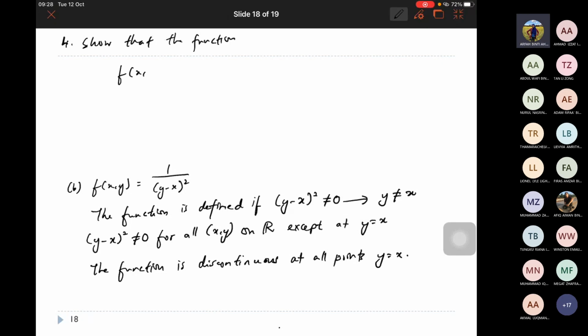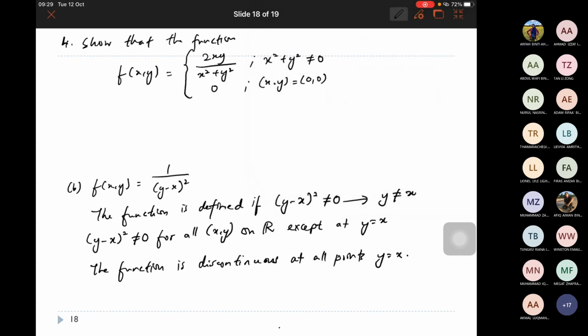So kita nak tunjukkan function f(x,y) sama dengan 2xy over x squared plus y squared, yang mana x squared plus y squared does not equal to 0, and f is 0 for x, y sama dengan 0, 0. Okay. It's not continuous at the point